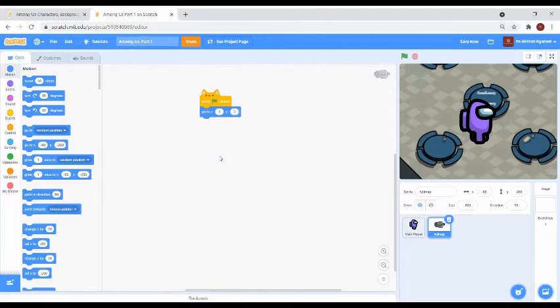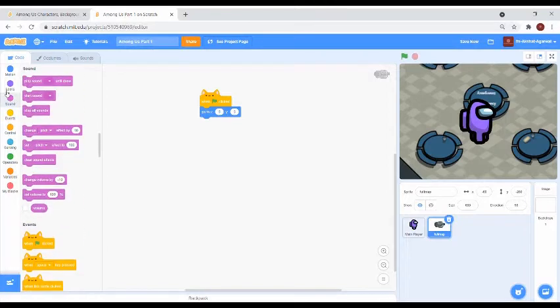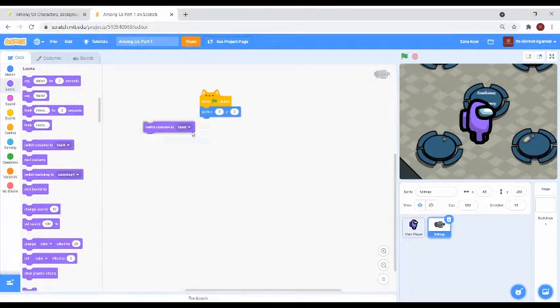And then we are going to switch costume to blank, and then set size to 600%. And switch costume to full map. And then we are going to put show.